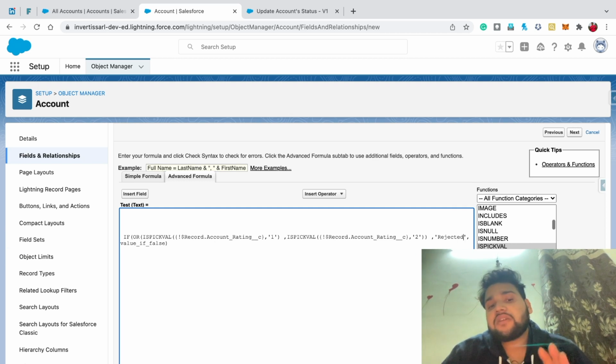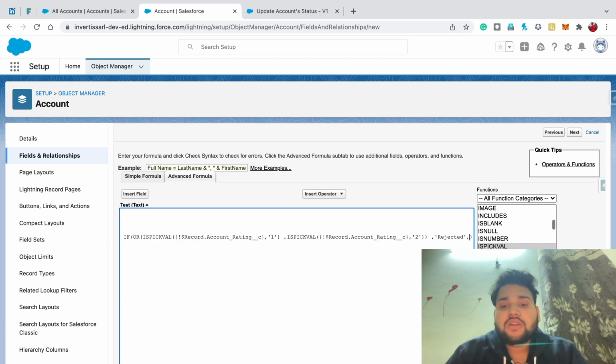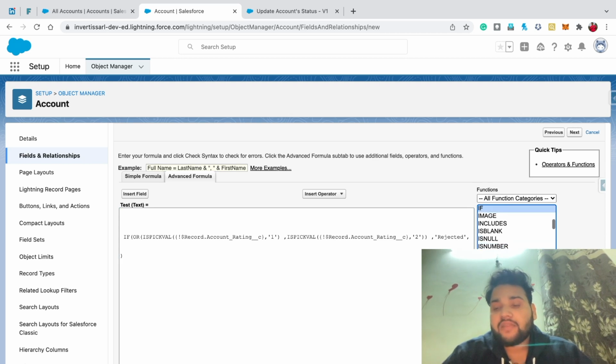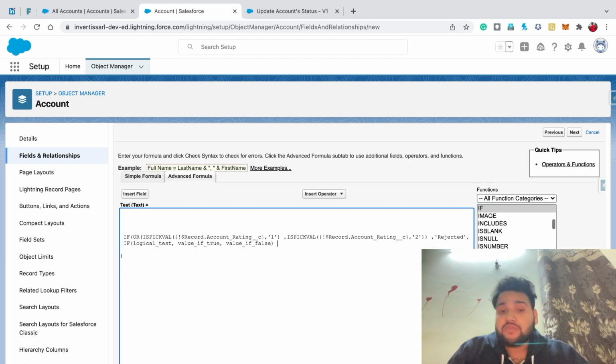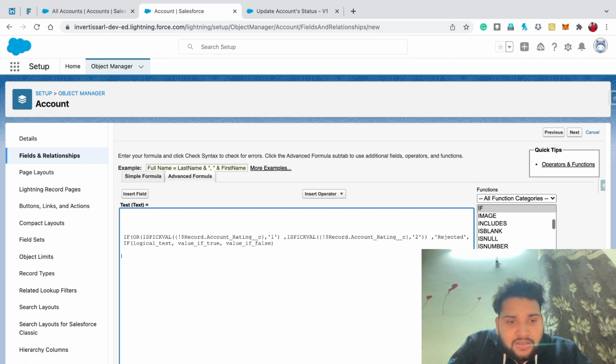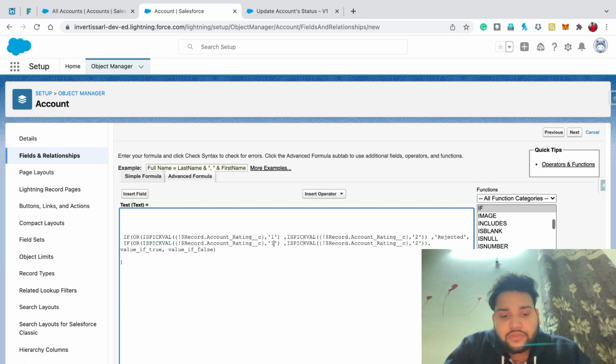And if our case does not lie between 1 or 2, then we need to check further. So in the else part, we need to use if else again. So again go to functions, type if and click on insert selected function. Now this time I am not going to build up my formula again. I am going to simply copy this or to here and paste it in the logical test. Instead of 1, I am going to type 3,